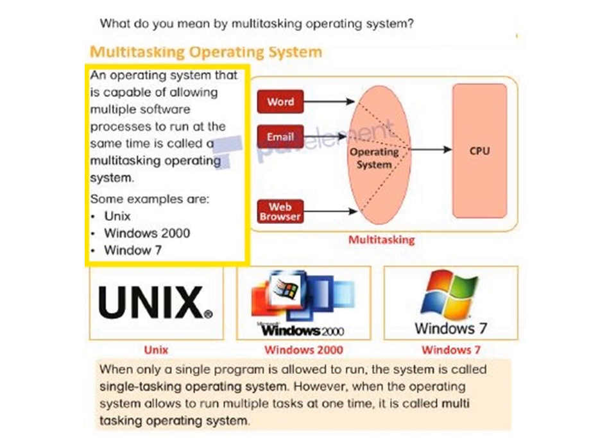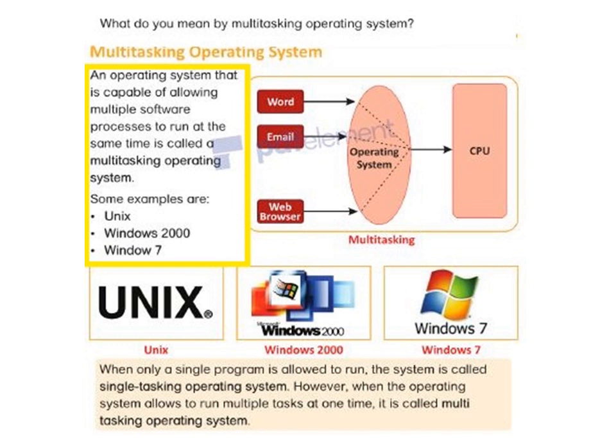Now here is another definition. Since there are single user and multi-user operating systems, there are also single tasking and multitasking operating systems. So multitasking, you have learned. Single tasking operating system, what is it? When only one single program is allowed to run in the system, then that operating system is called a single tasking operating system.